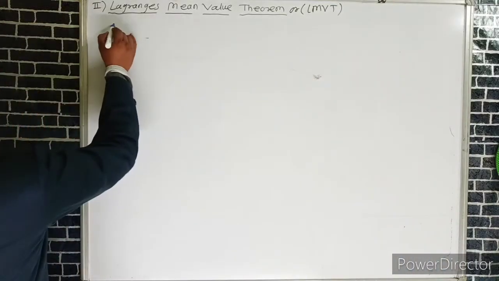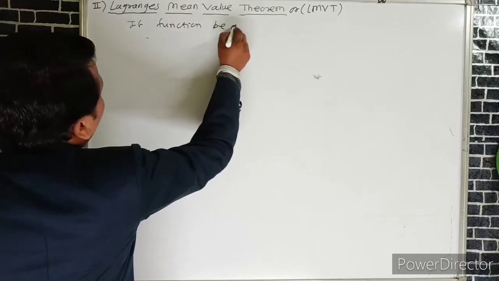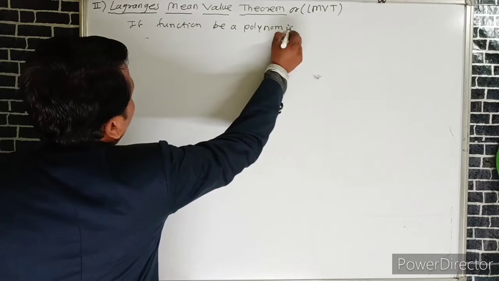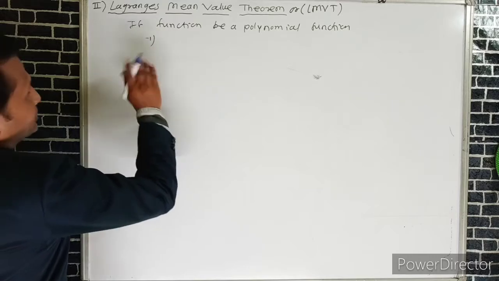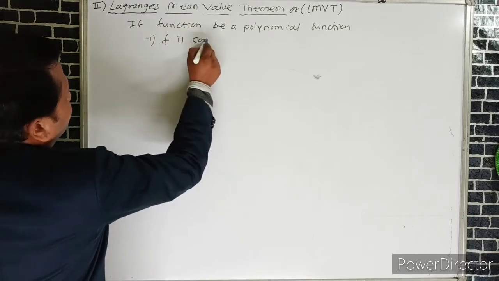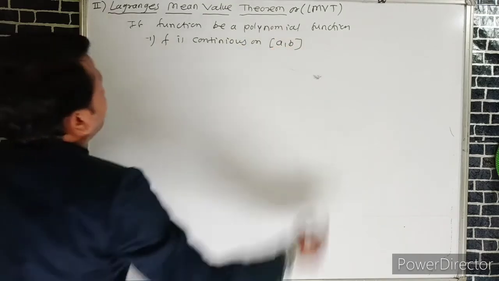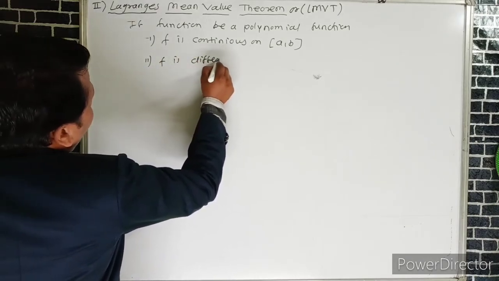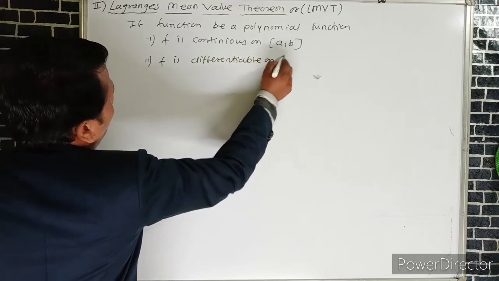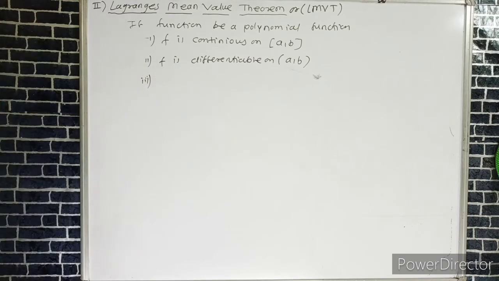If the given function is a polynomial function and satisfies the first condition, f is continuous on the closed interval [a, b], and the second condition, f is also differentiable on the open interval (a, b),